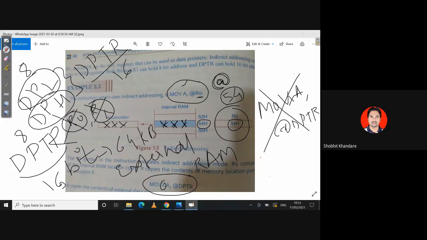That is a good question. So for that, this is the explanation that DPL and DPH both are 8 bits. But then also to access my internal RAM, I am not using my DPL or DPH. I am only using R0 and R1. And the instruction is MOV A, @R0. Here, please remember, the @ is important. Is it clear? Yes, sir. Okay.